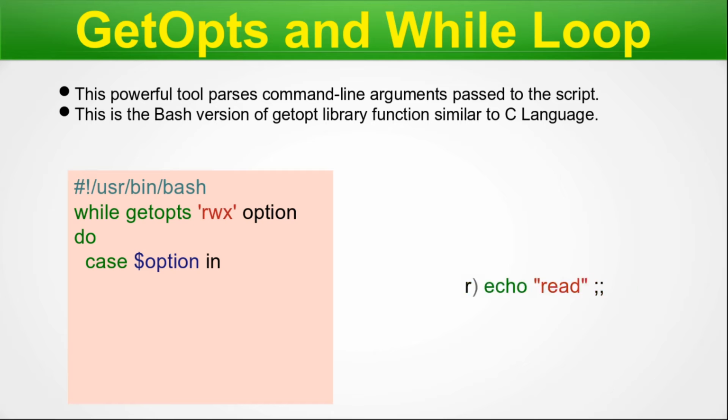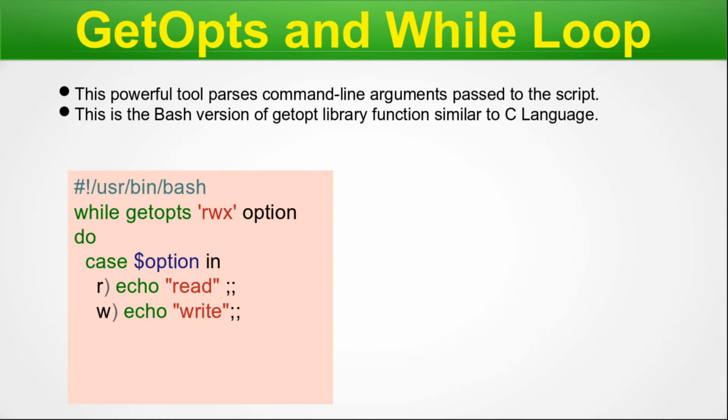$option in, first case r, echo read, okay. So this is for read, for a simple example here we are just echoing read. Then w is to echo write, x is to echo execute. Then we close the case, okay. Then we close the entire while loop. So this way we can use getopts along with the while loop